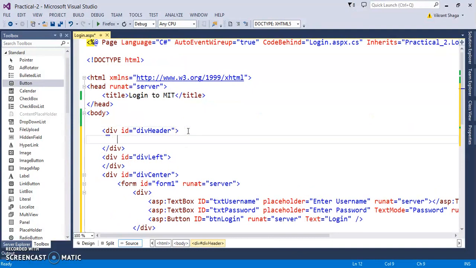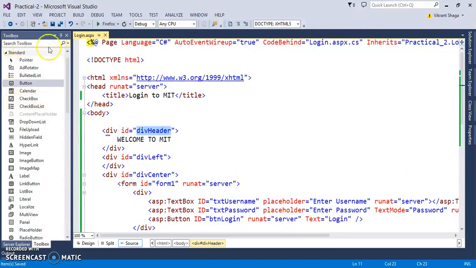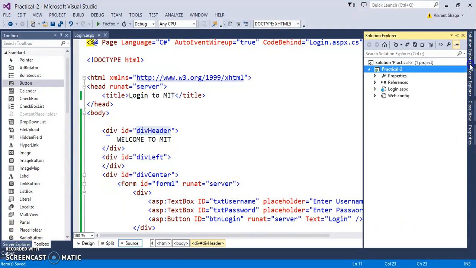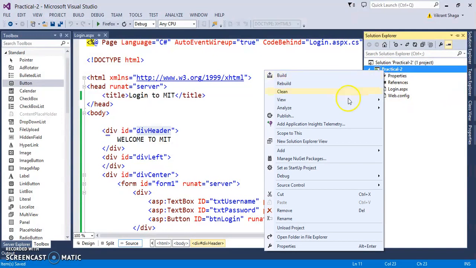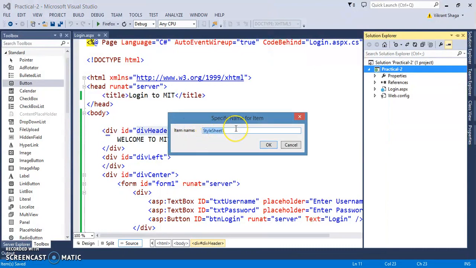Now for each of these divs you can have something, let's say you can have some header, welcome to MIT. Now you can provide different styles for each of these divs. So what is expected: first one should be a full header, second one should be a left side, then we have a center, big center, and right div and the footer section. So let's add the CSS for the same file. So add style sheet. So I'm giving the style sheet name, let's say